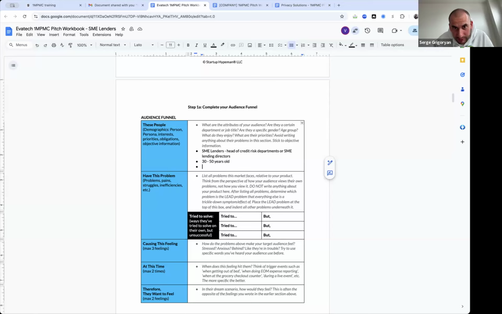They want to find, what are their priorities? They want to find a reliable solution. Think less about the solution they want and more like, what are they responsible for in their job? They need to deliver quick loans to SMEs at low risk.